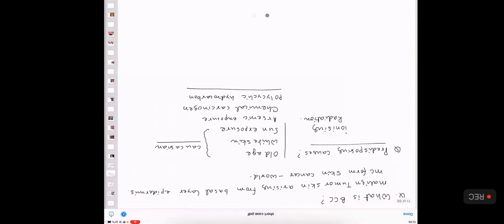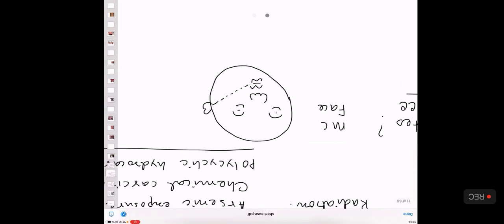Next one is, what are the sites in the human body in which BCC is known to occur? The most common site is always the face, and this is very classically seen over a line that joins the angle of the mouth with the ear, and that line, as I have said, is Ogren's line. 90% of basal cell cancers are known to occur above the line.